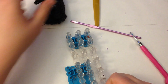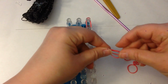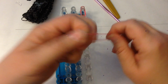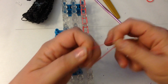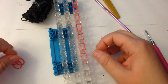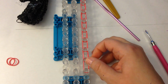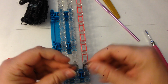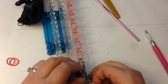So for his lightsaber, this is where we're going to use red. Take a single band, twist it on itself, and starting from the top of your loom with your red bands looped on themselves, I'm now going to do a silver looped on itself, and then black. I'm doing 2 black like that,